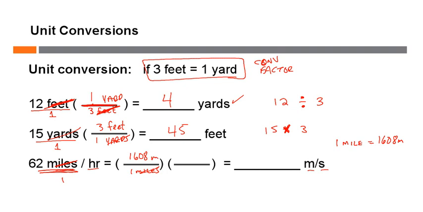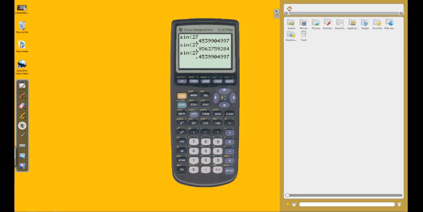Okay? I also know that 1 hour is 3,600 seconds. 60 seconds times 60 minutes would be 3,600. And since the hours are on the bottom, then I need my other hour on the top. The hour on the top cancels the hour on the bottom. I put the 3,600 seconds down here, and we'll calculate this thing in just a second. I need to do 62 times 1,608 divided by 3,600. And that's